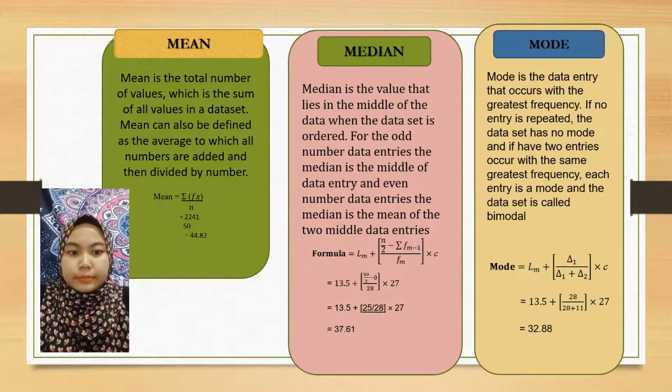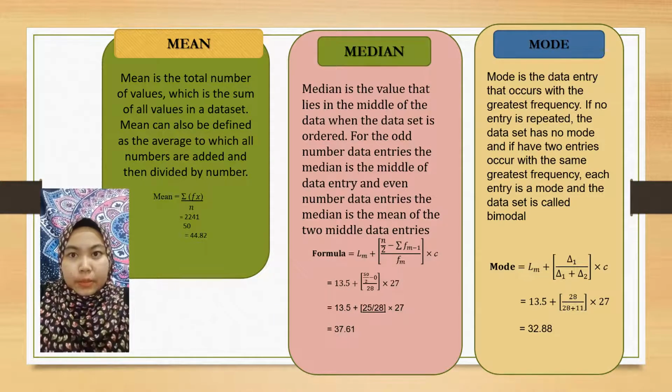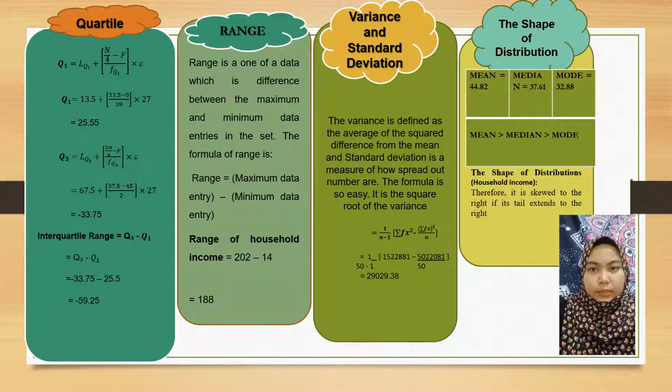37.61. Next, mode. Mode is the data entry that occurs with the greatest frequency. If no entry is repeated, the data set has no mode, and if two entries occur with the same greatest frequency, each entry is a mode and the data set is called bimodal. Mode for household income is 32.88. Quartile Q1, we get